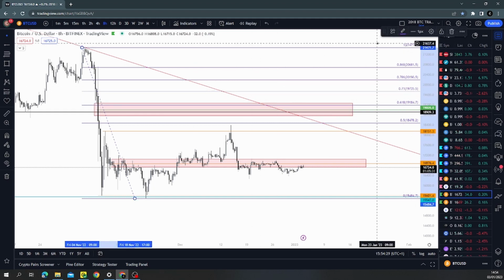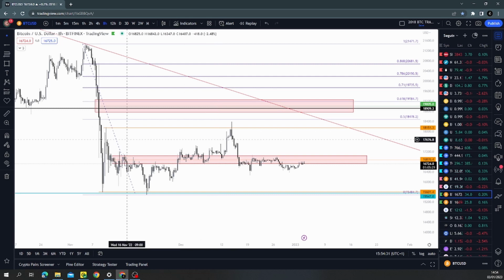Let me remove now. I will leave the fibs. What can happen now? We faked already in two directions. We faked the first direction, we faked the people thinking that we are going to go lower. We didn't. We took all this liquidity here and we ripped higher. Okay,